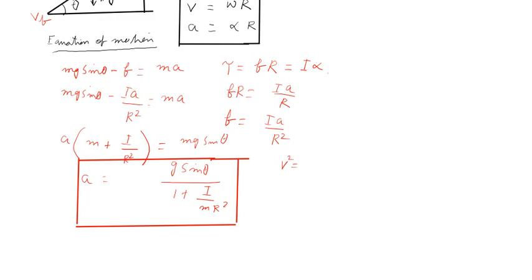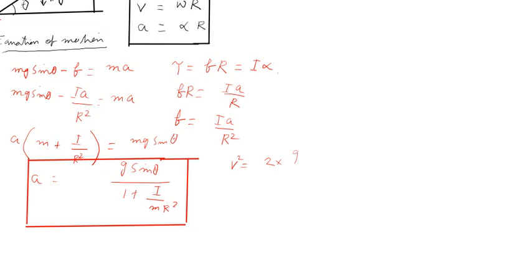And if we consider that the body starts from rest, u will be 0 and we will get v square is equal to 2 times A, which we have just found out, 2g sine theta by 1 plus I by mr square,